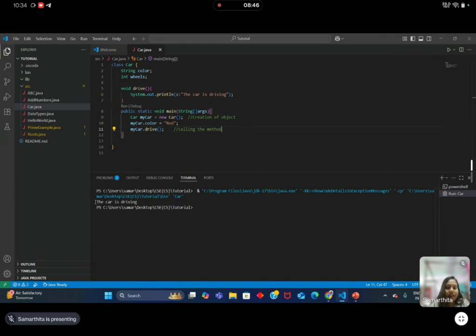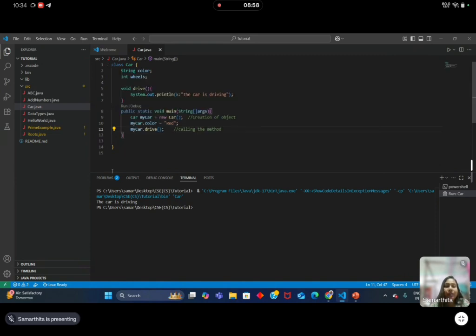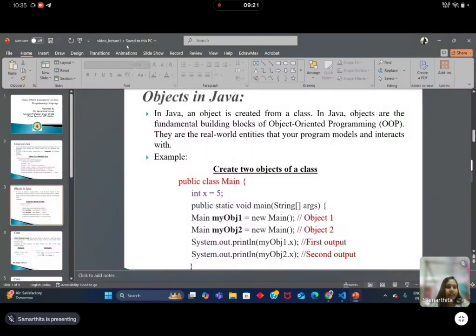So here I have created a class and one object of that class. Now you can clearly understand the concept of the Car class and the object. In short, we can say the class is equal to the plan, and the object is the real thing made from the plan.